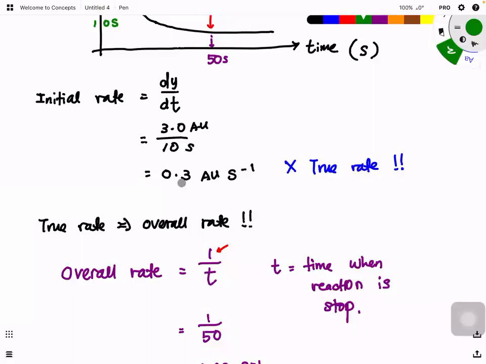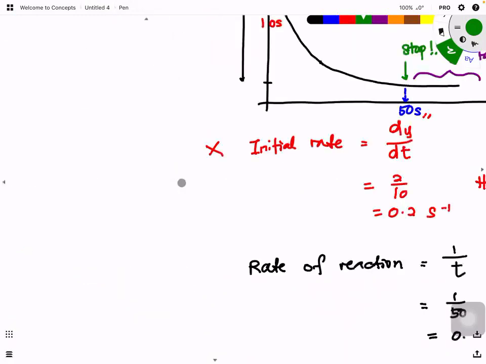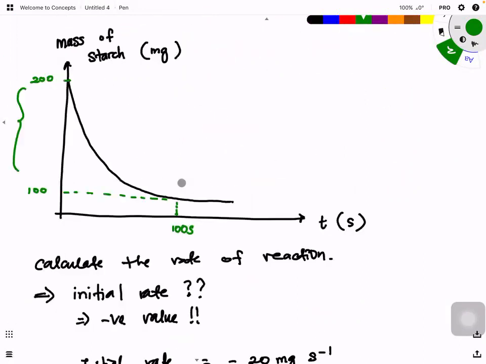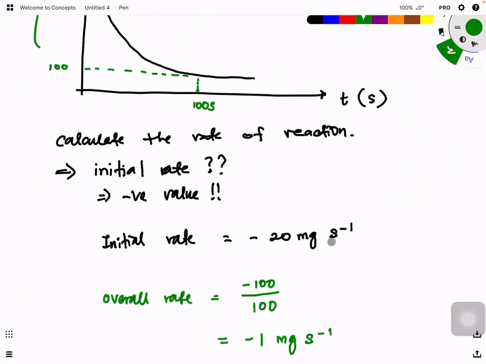I do not know what 0.3 means. I cannot figure out how fast the substrate actually disappears. But now with this, I know how fast, because every second 20 milligrams of the substrate is being hydrolyzed. Okay,